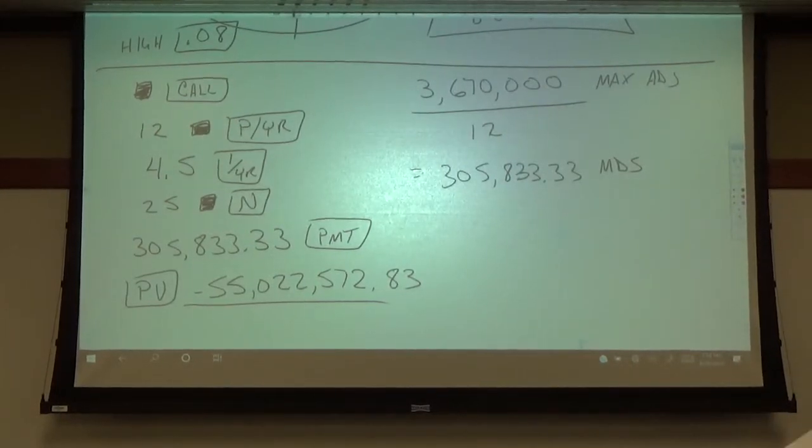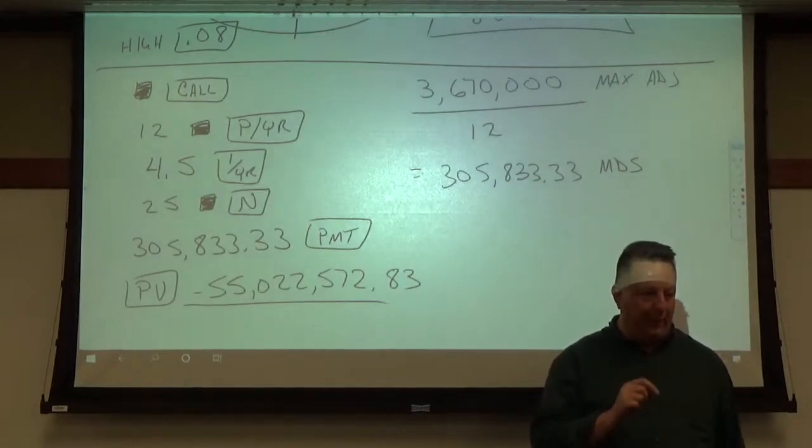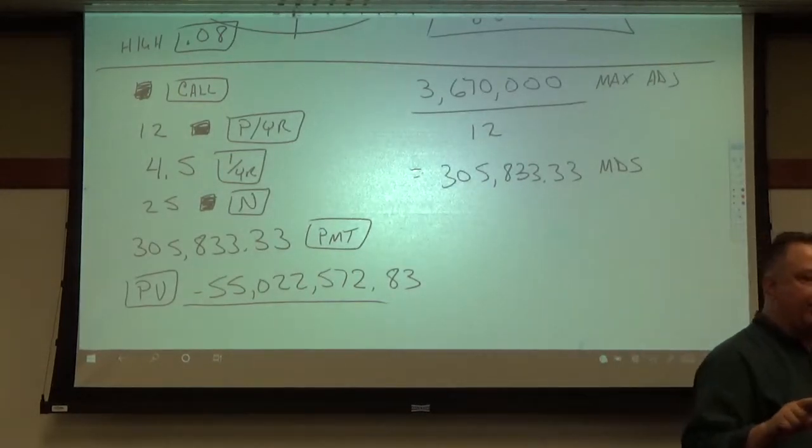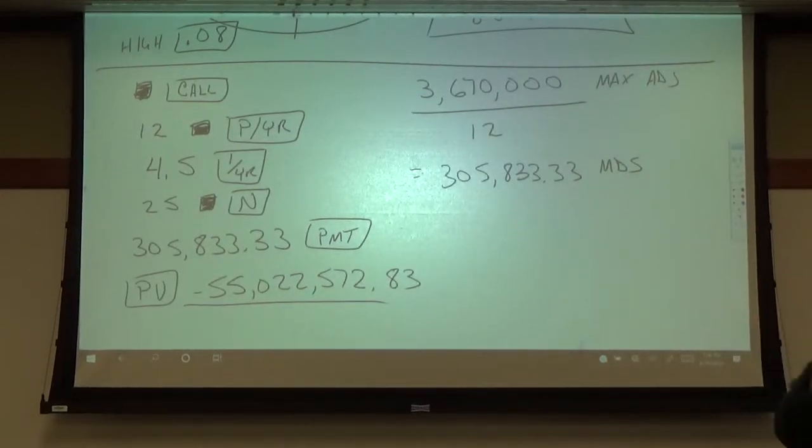Okay, the reason you would have gotten a slightly different number is you didn't do exactly what I asked you to do. It's off by like $1. First of all, are all of your calculators kicked out to 9 decimal places, or is it just at 2 decimal places? Ours is at 2. When you first buy the calculator, it's set for 2 decimal places. That's going to be the reason. Let's change that. It's a good thing to fix, because you never want it set for 2 decimal places.